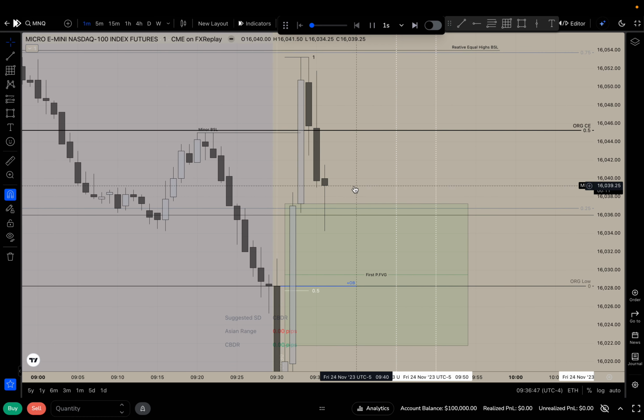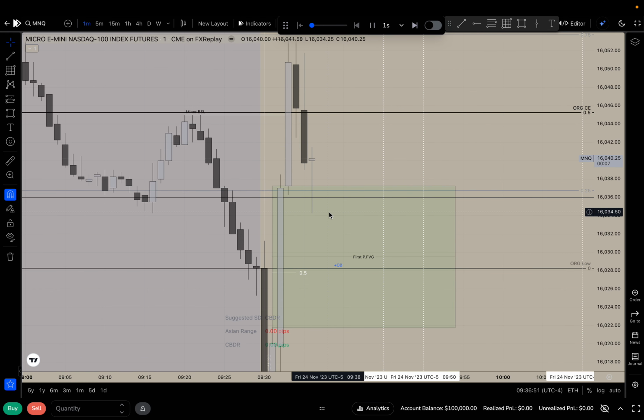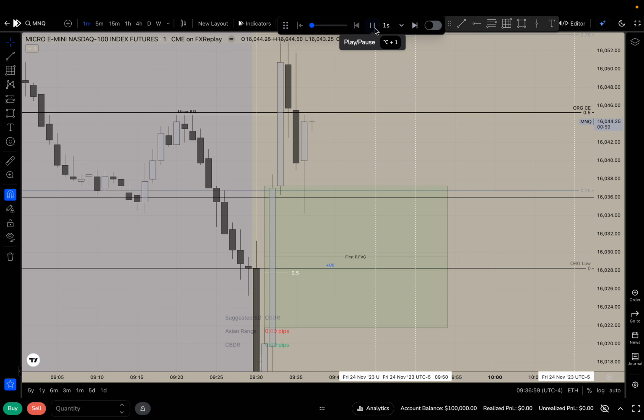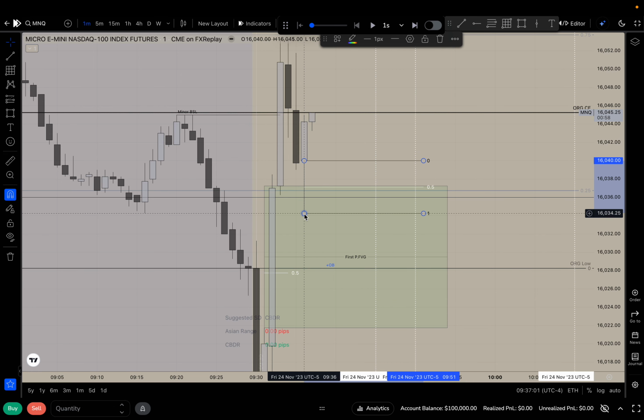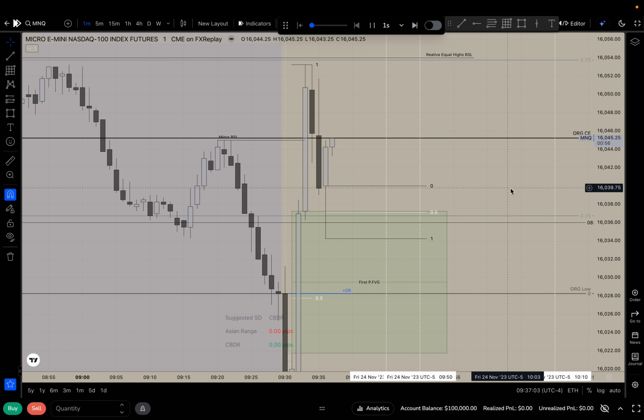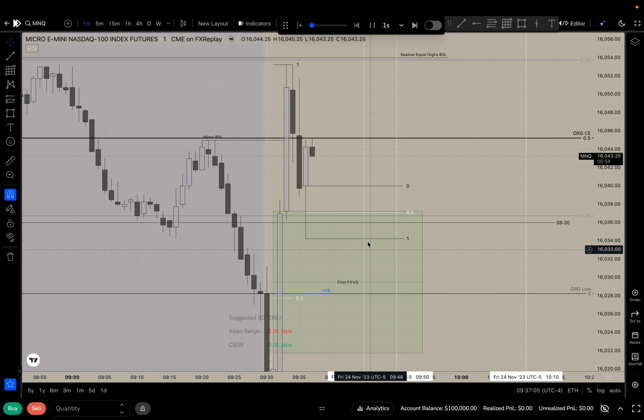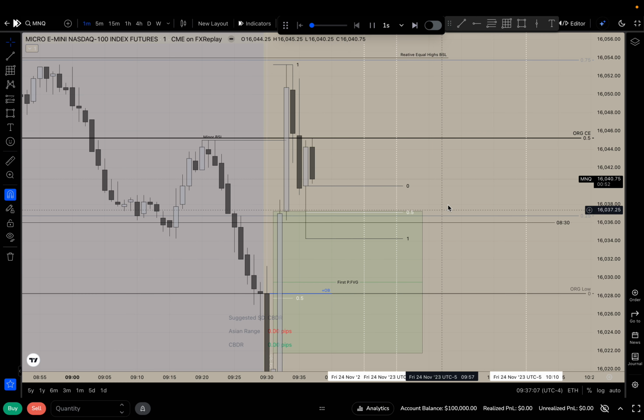This wick that we're leaving behind, depending on how this candle closes, could be a good time to draw here. Actually, probably will be, just with how this candle's looking. It's going to close, because it looks like that has reached the bottom. If we can get a return down to the CE of that wick, that would also be a valid entry. It did come down to this first presented fair value gap like I wanted it to,